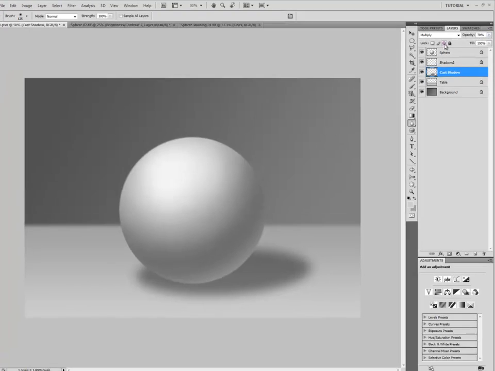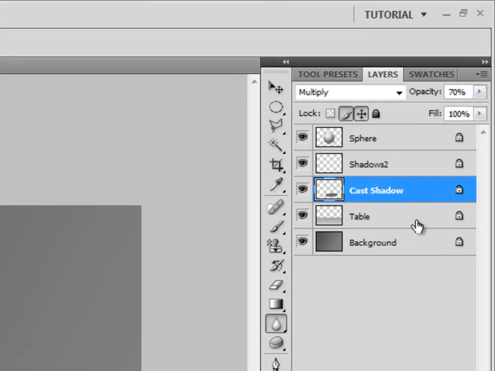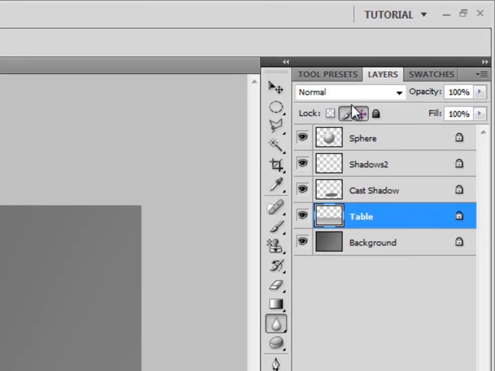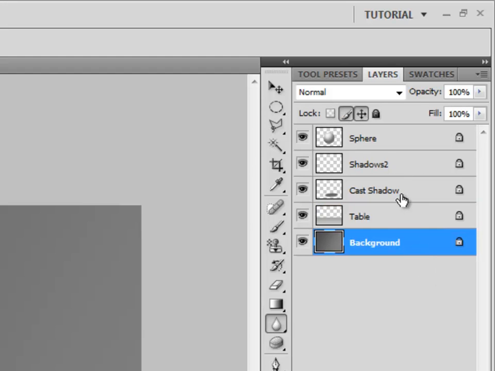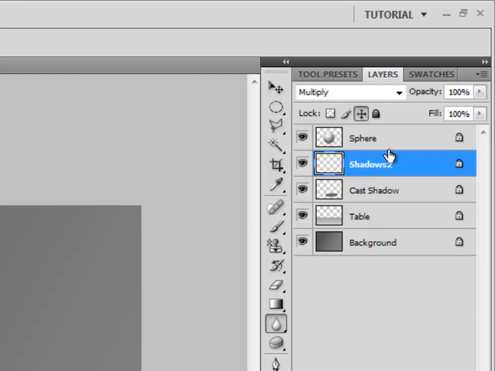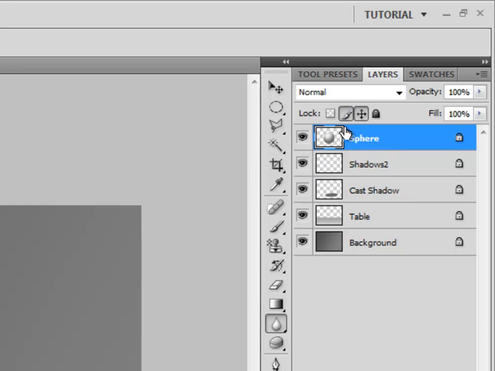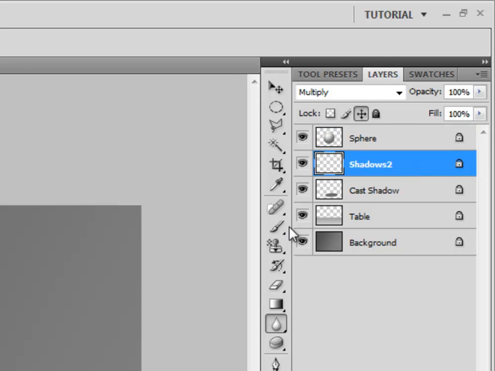Let's lock the cast shadow layer. Let's lock the table layer from painting using the painting lock. So these lock. Let's lock the sphere too. It's very easy once you get a number of layers going to paint on the wrong layer and end up with a real mess. So I'm going to go to shadows and I'm going to get the brush, again, the